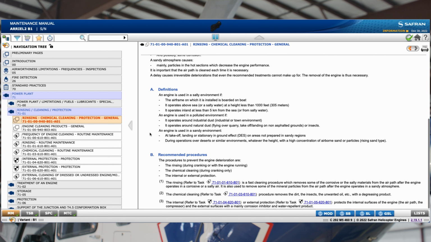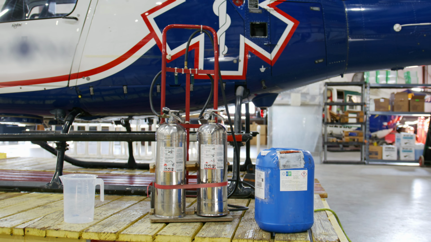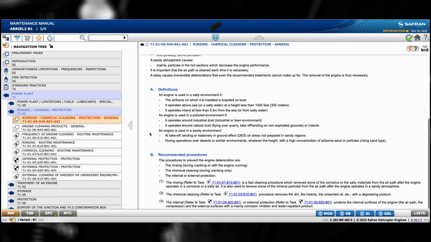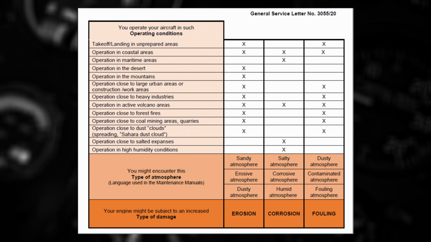The chemical cleaning task is performed during cranking only, utilizing a degreasing product to remove accumulations of dirt, insects, unwanted oil, etc. The internal and external protection tasks treat engine internal and external surfaces with a corrosion inhibitor and water repellent product. General Service Letter